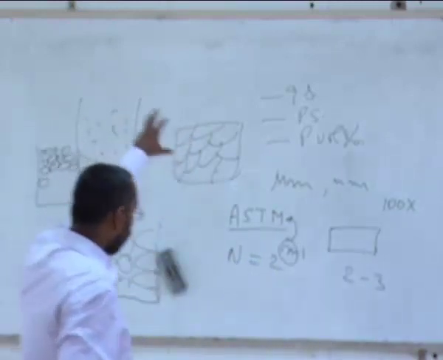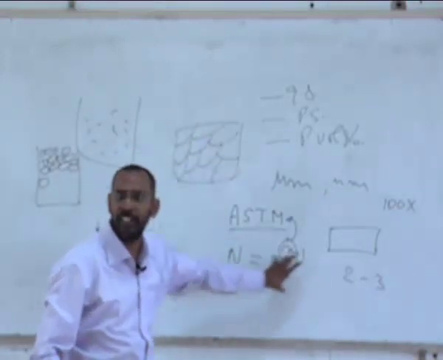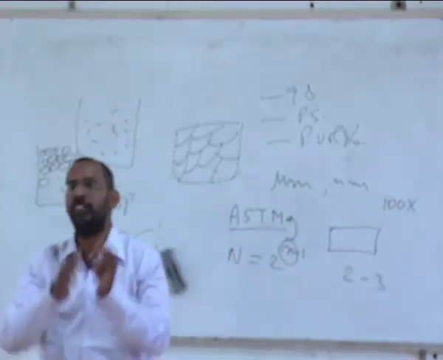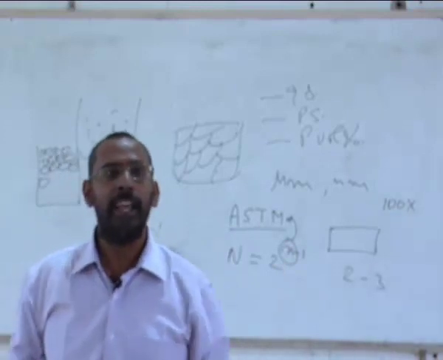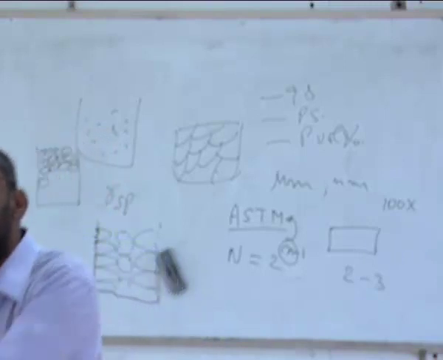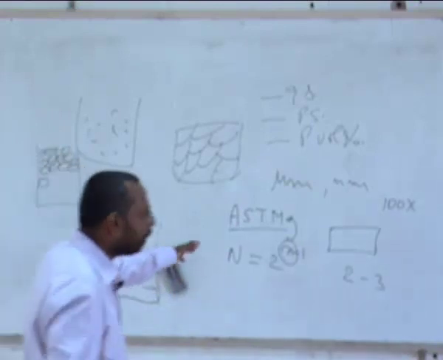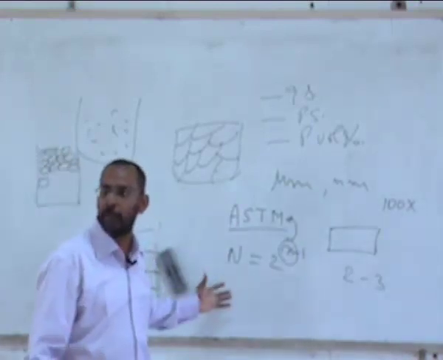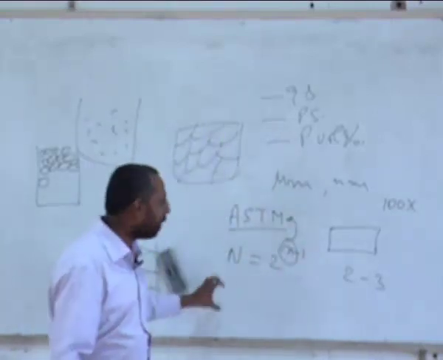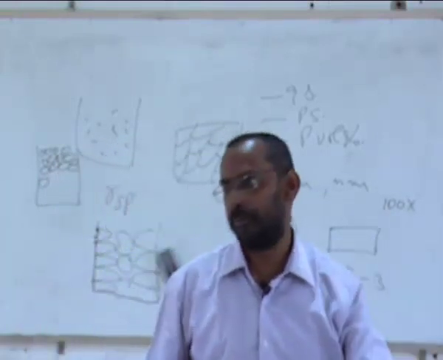So once you find out the number of grains and put that into this equation, you will get a certain number. And that n is what is called the ASTM so and so number. So whenever I say ASTM number 1 or ASTM number 8, I am saying that 8 means smaller grain size, 1 means bigger grain size. Because the number of grains per unit area is going to be smaller as this n goes down. As the n goes up, the number of grains is larger. If the number of grains is larger, the grain size is smaller.